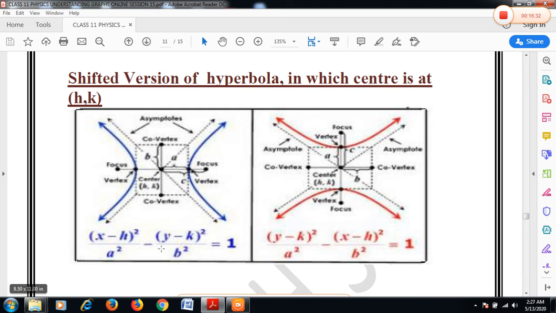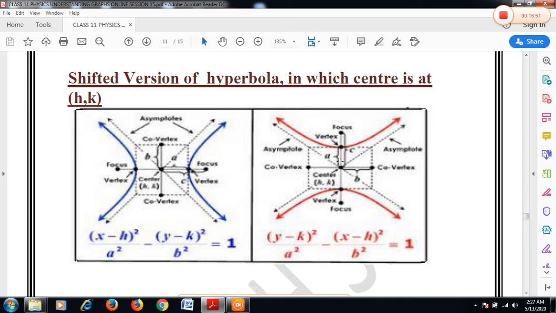Okay, and this type of shifted hyperbola has the equation (x minus h) whole square by a square minus (y minus k) whole square by b square equals 1. This is type 1 of the shifted hyperbola, where the origin is shifted from (0, 0) to (h, k). Okay, and this is the vertical type of shifted hyperbola,